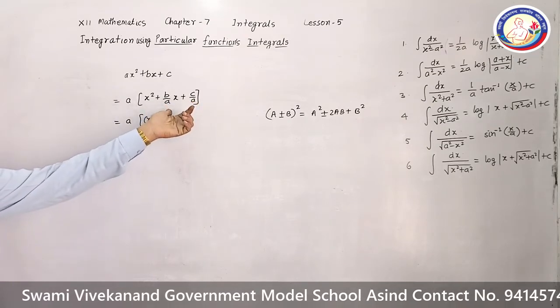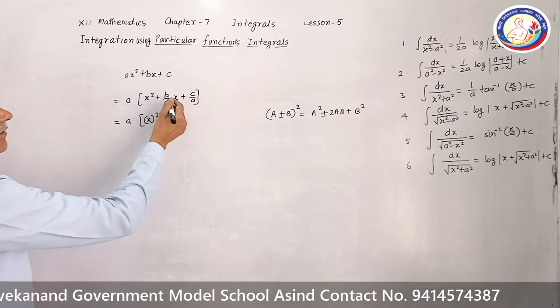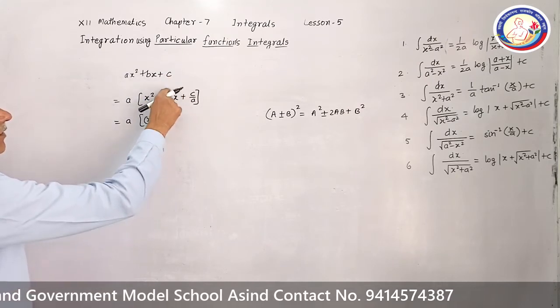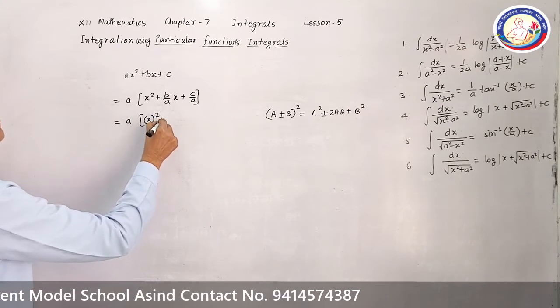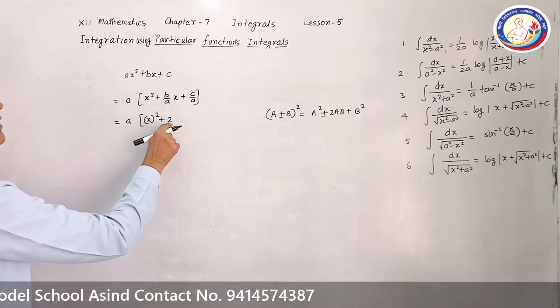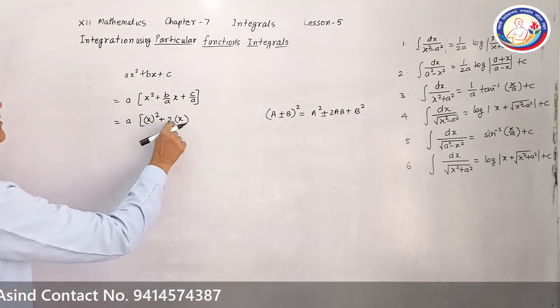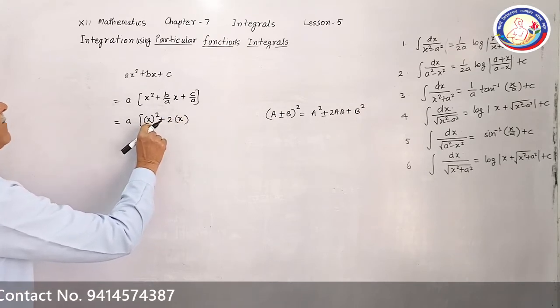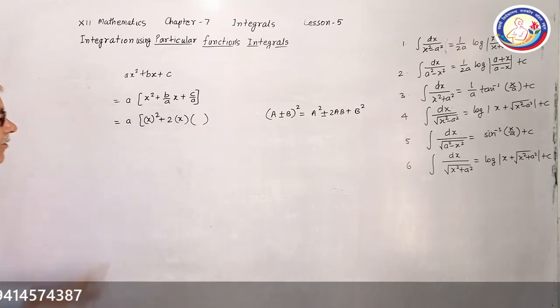So here we have nothing to do with the sign, positive or negative. This will tell us what will be the value, whether it will be positive or negative. Plus or minus 2 is here. I am writing 2 here, and then this will obviously be x square plus 2 into x square of first term plus 2 into first term, and then second term.